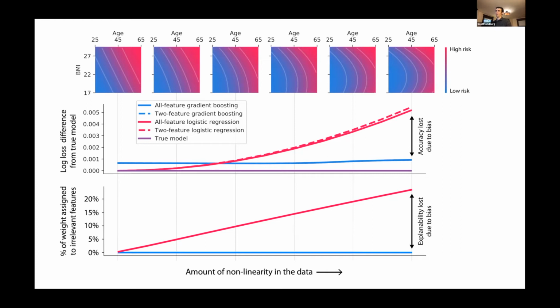Instead, what's happening is that we're getting more and more cancellation effects. And so even though you have a very simple model, that simple model is actually much harder to explain than the gradient boosted decision tree, because the decision tree didn't have this bias, it just had variance, and the variance left it free to choose the true 2 features, even if those 2 features had some nonlinear relationship to the output label. But once the linear model had a mismatch, it began depending in very complex ways on the output,